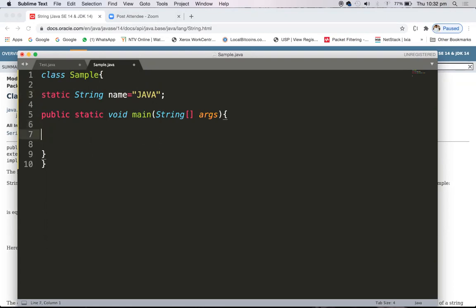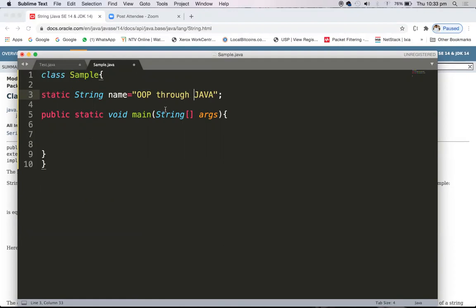Now here my objective is to find the length of this particular string called name. So maybe for Java, you can easily say it is 4, right? So what I'm doing is, let's say, the name is a book name: OOP through Java.